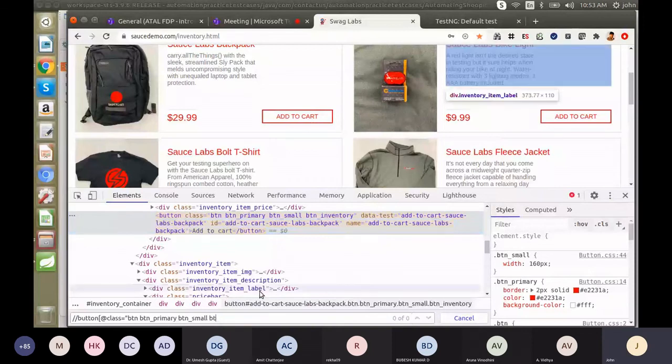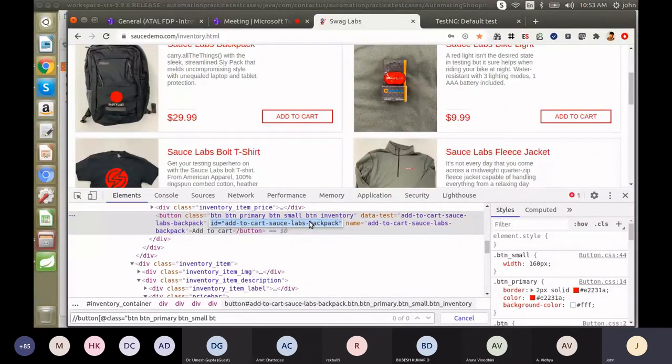So let me copy this value. Instead of class, we can mention at ID. Okay.